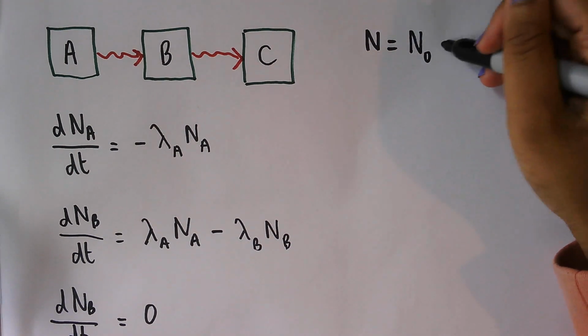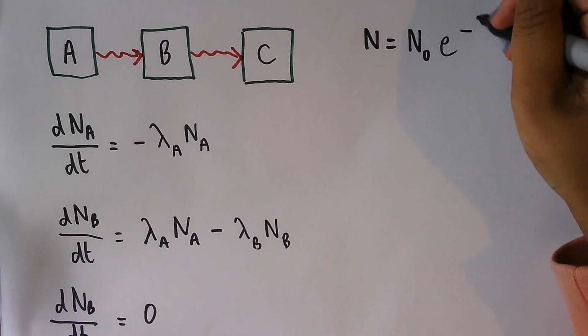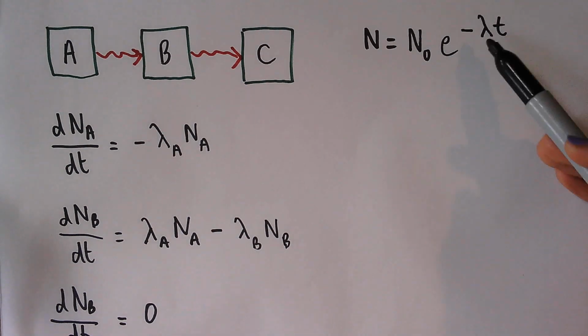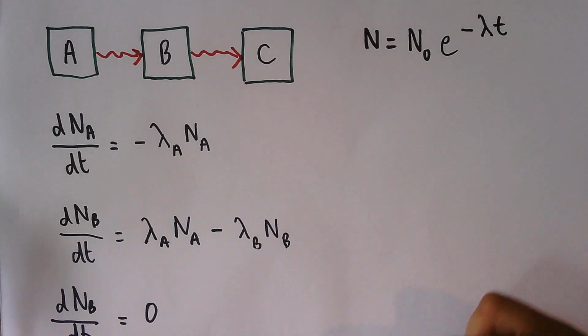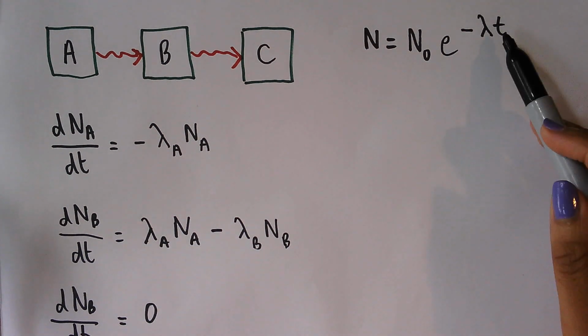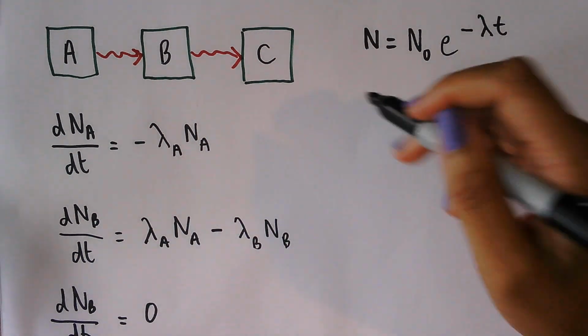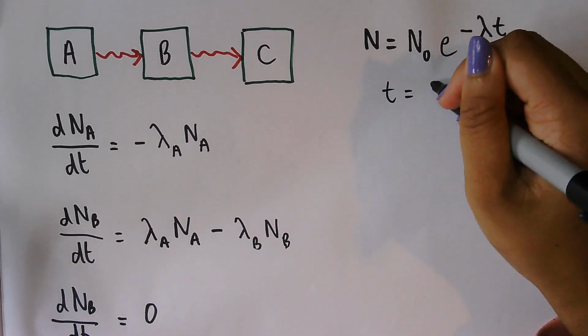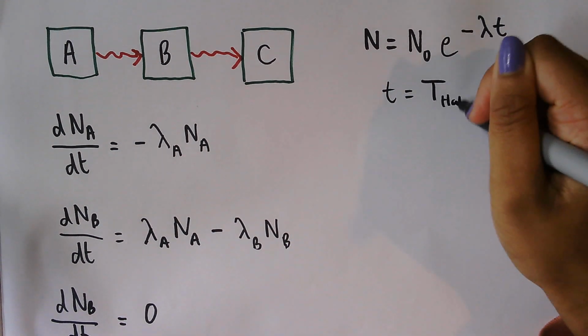So N equals N0 e to the power minus lambda t, where here lambda is the same decay constant that we've been using. And we can see from this that when t equals t half-life,